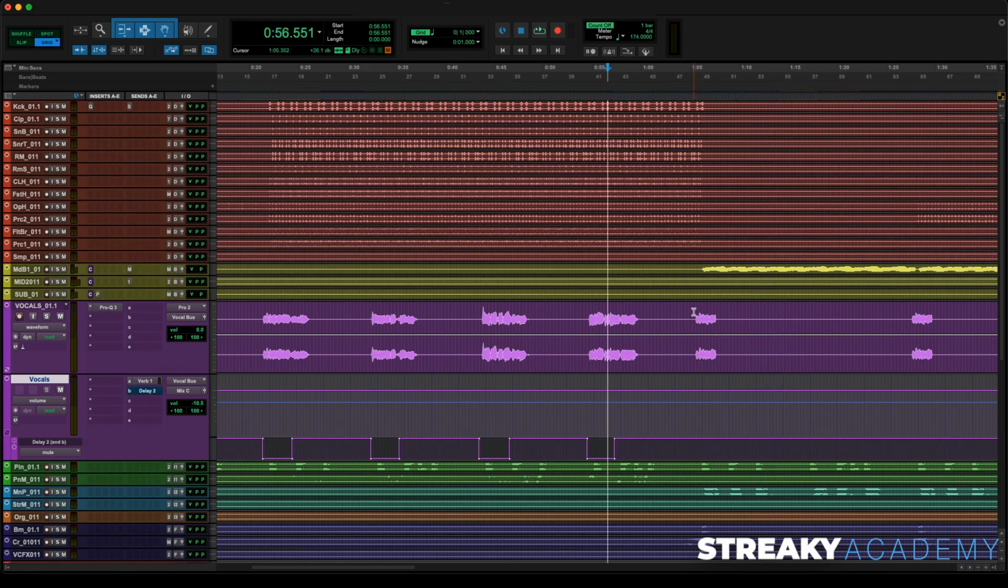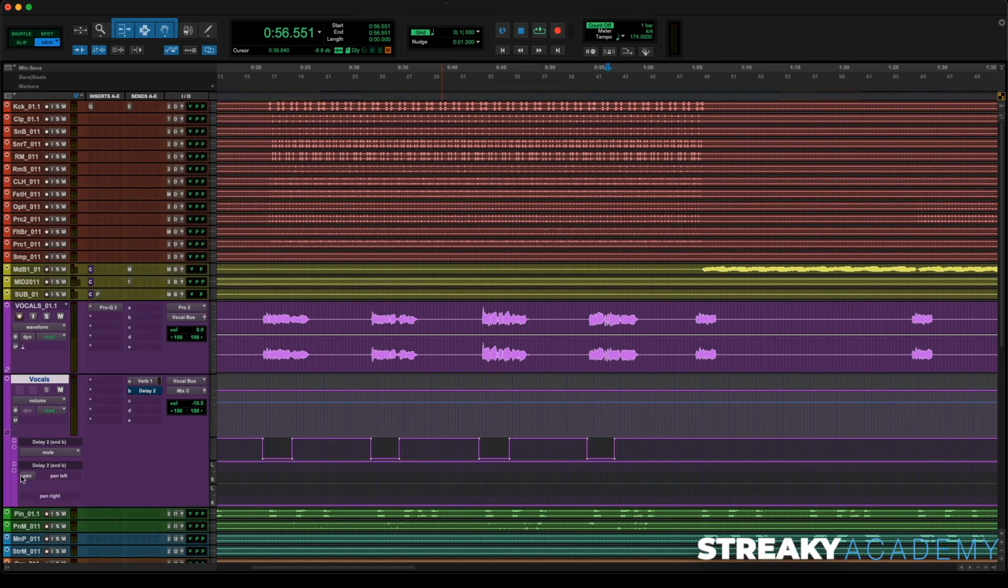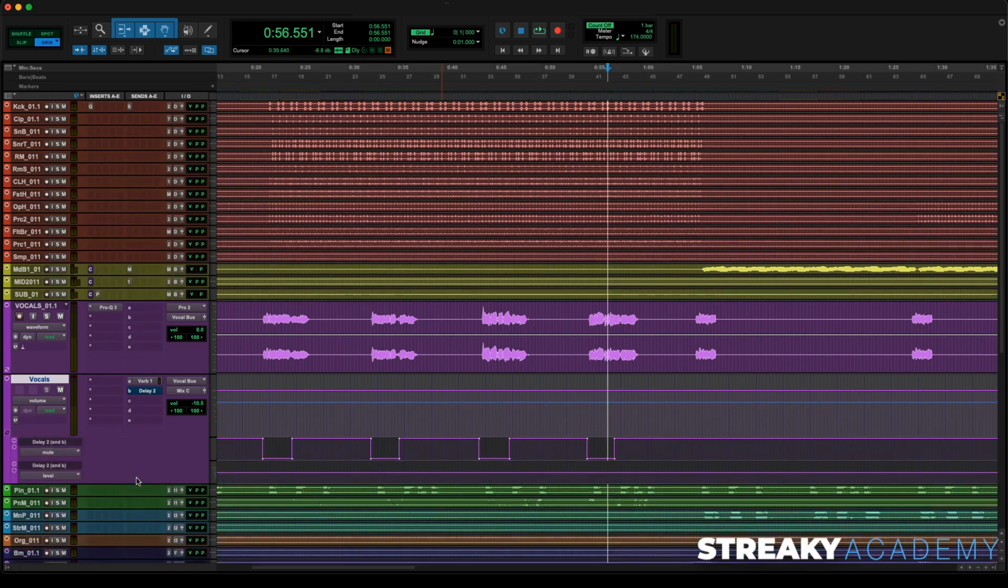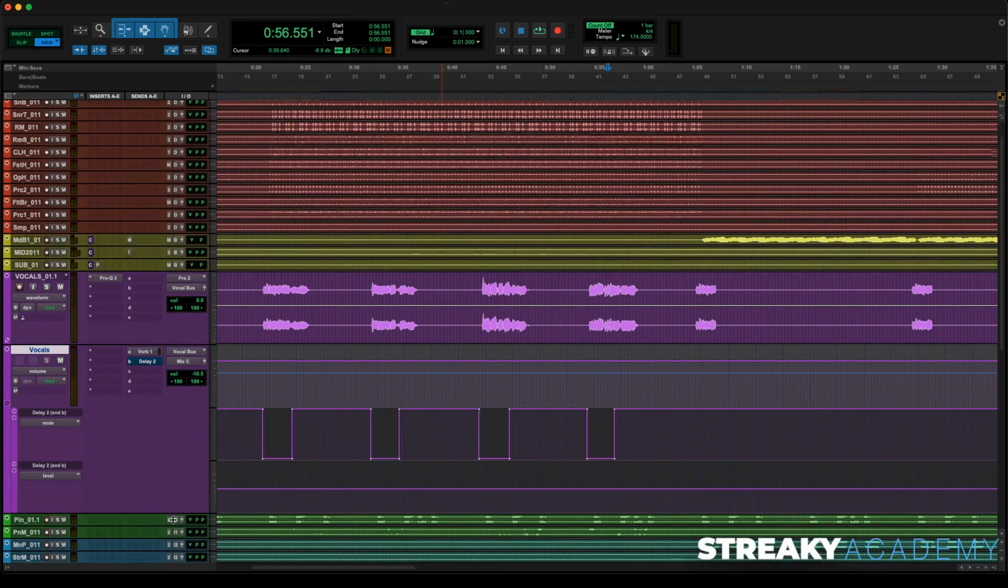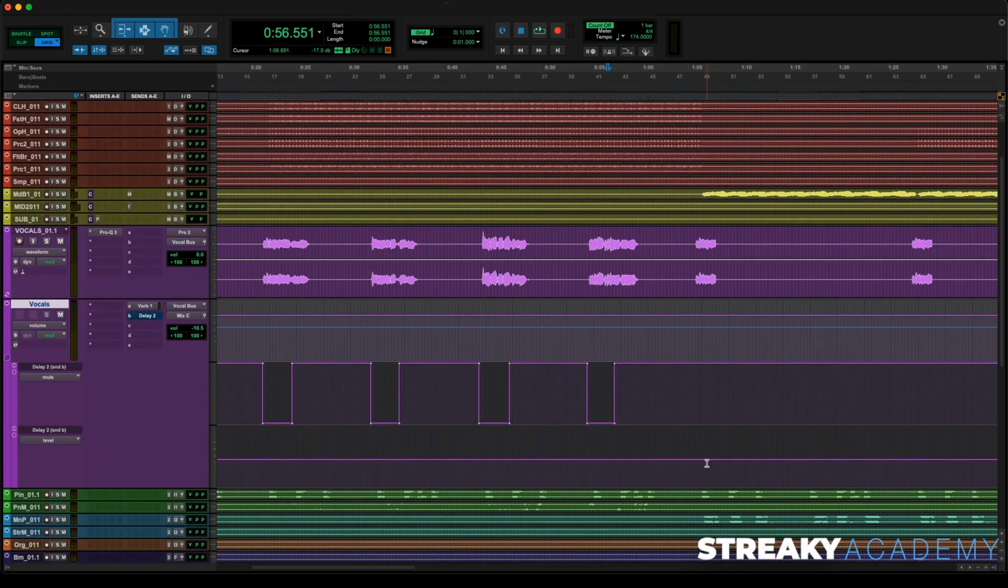Now the next thing I want to do is send a little bit more of this vocal to that delay for this section as it bleeds into the break. In order to do this, I can open up a new track of automation and pick, instead of the mute, the level. Let's open this up a little bit more. And from this point on,